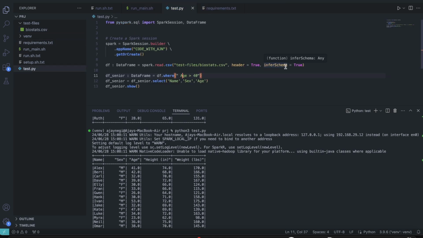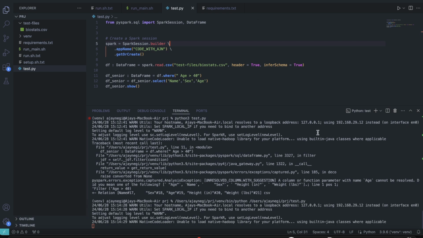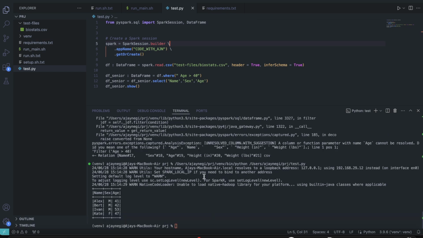Okay, so now it is working, right? As you can see, we are getting all the ages that are bigger than 40. So this is how simple it is to write Spark code, right? You can do the same thing here, right? Now